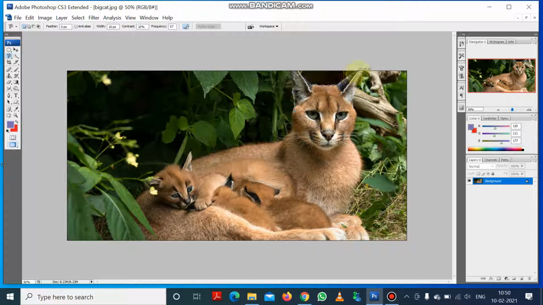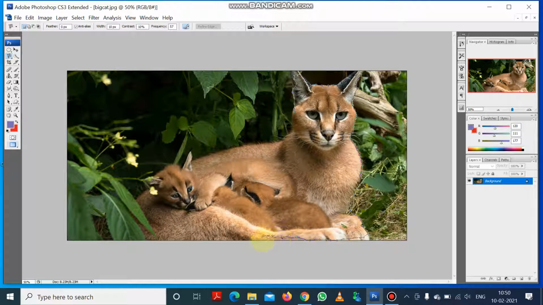So you can see the mouse cursor is sticking. The line is sticking automatically at the edges of the figure of this big cat, and you can easily see that it is happening like this.